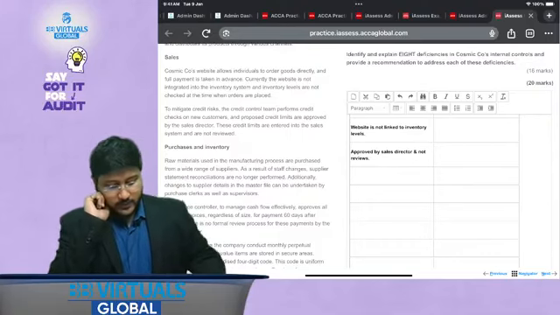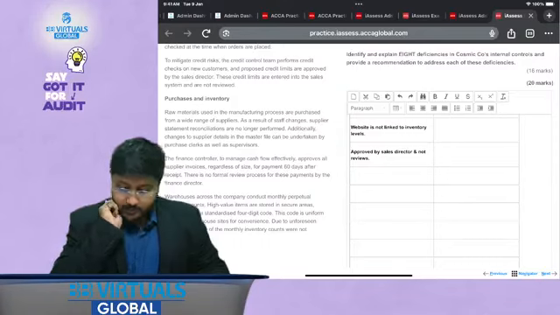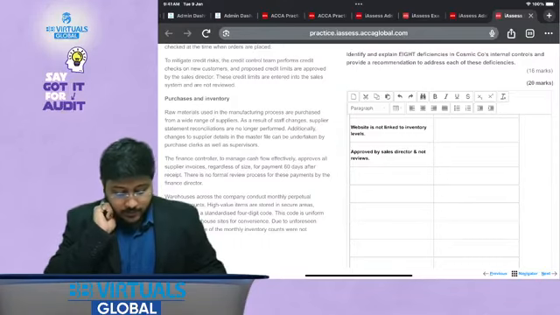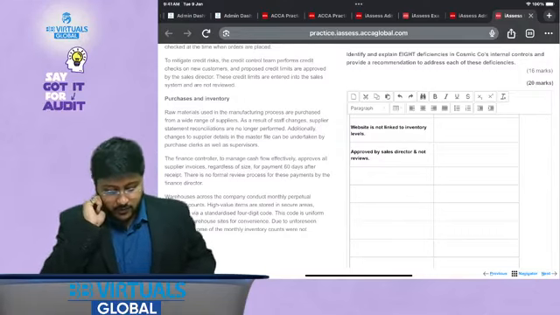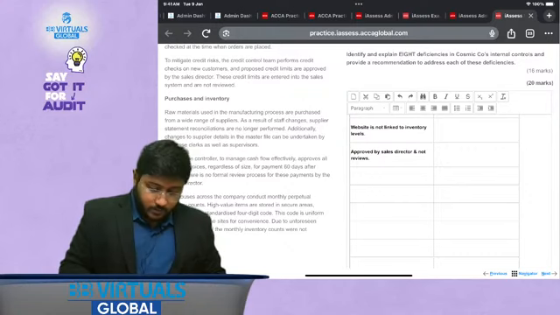Okay, now purchases and inventory. Raw materials used in the manufacturing process are purchased from a wide range of suppliers. As a result of staff changes, supplier statement reconciliations are no longer performed. Additionally, changes to supply details in master file can be undertaken by purchase clerks as well as supervisors. Okay, so first of all,